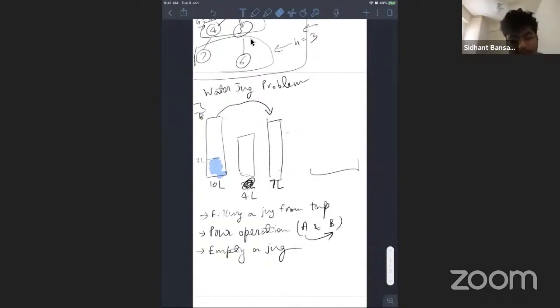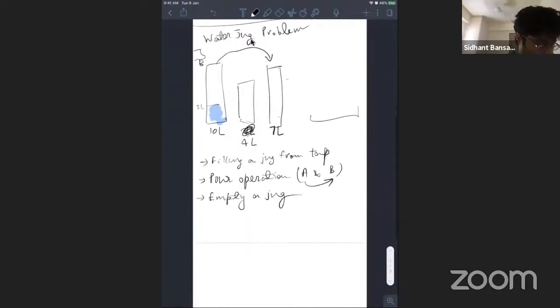Yeah, it's a common problem. You will find it on GeeksforGeeks or on CodeChef. I'm not sure which version of the problem they're talking about, but it's a pretty common problem. Sometimes the question is what different quantities of water can you end up with? We are not tackling that question really. What we are tackling is